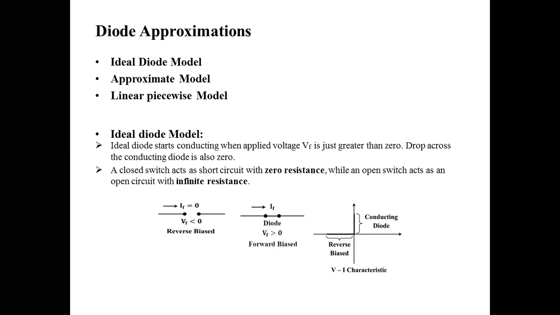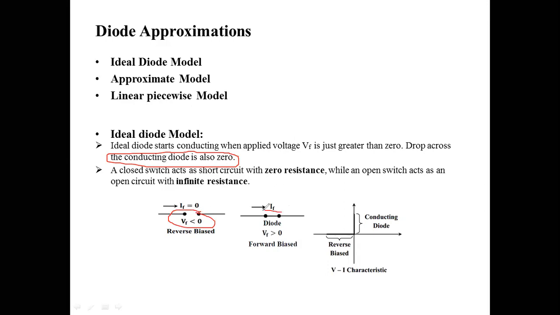But in the ideal case, if I take a switch, what happens? With an ideal switch, the moment I turn it on, the circuit is on and current starts flowing. If I turn off the switch, it will be off. Similarly, if I consider the cut-in voltage or threshold voltage as 0 in the ideal case, the diode will be on or conducting at 0 voltage. If it is less than 0, it will be off, in the reverse bias condition.